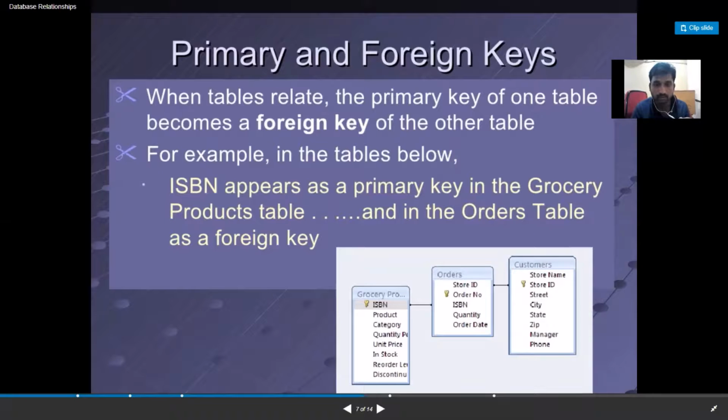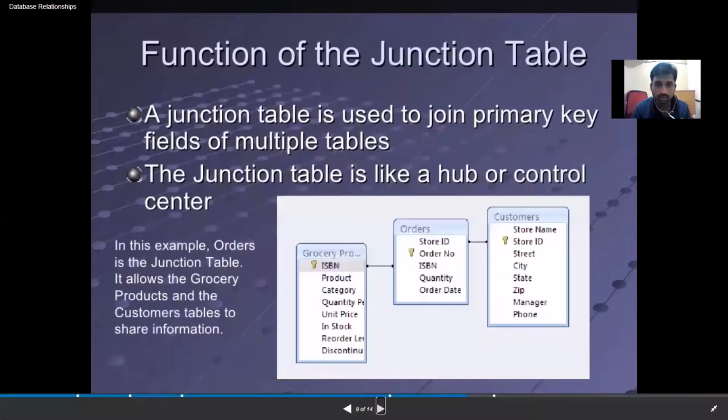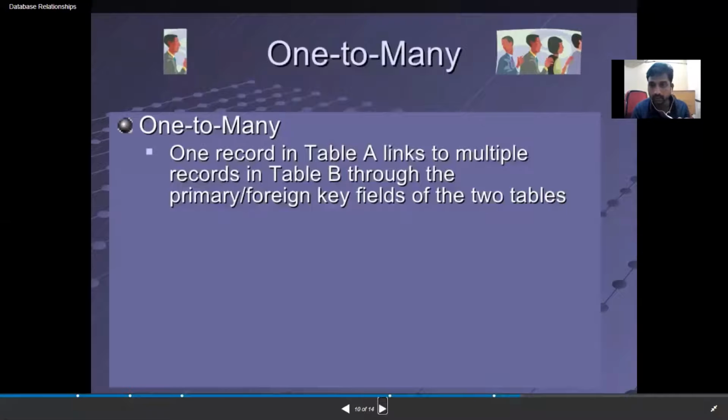Okay. Next one, here you have to know one more. There are three types of relations. One to many relation: one record in table A links to multiple records in table B through the primary key or foreign key fields of the two tables, then it is called one to many. So one record of a table is linked to multiple records in table B. Means two tables are there.